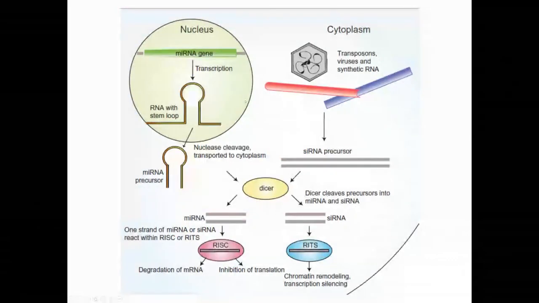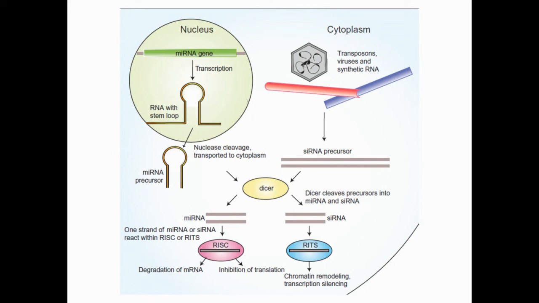Interfering. So basically miRNA and siRNA can replace the messenger RNA. They can also repress the transcription of a specific gene, and also a large region of the genome,